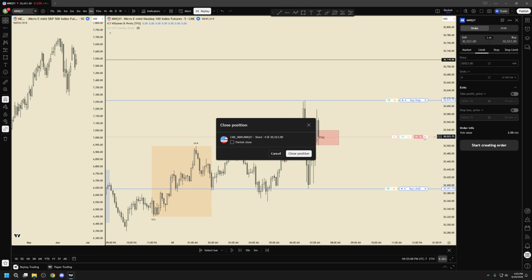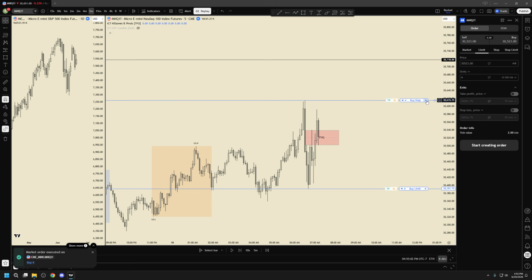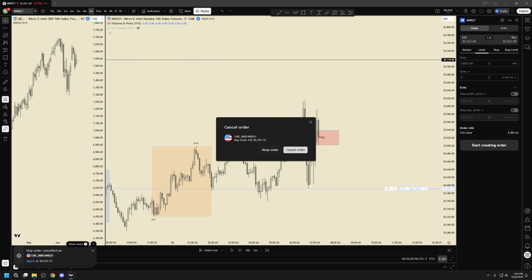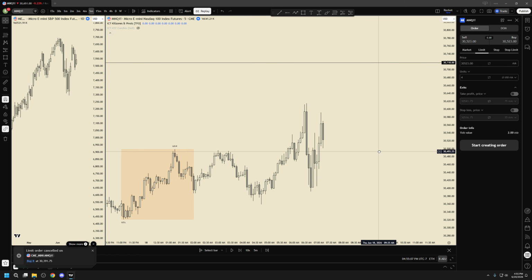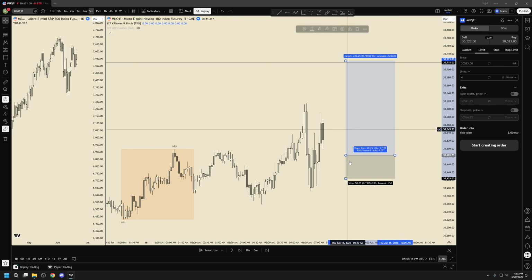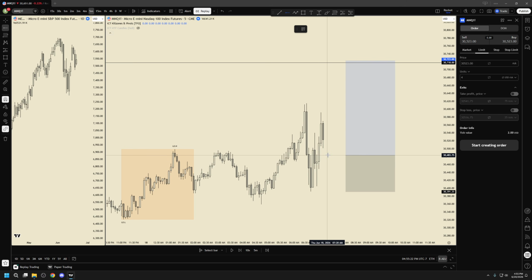Let's just say you want a limit order, which is not part of my strategy, but I'll just show you just in case you were curious. Limit order, let's just say that you had a price level in mind where once it hits that, you want to automatically get filled, right? So in this case, imagine that we're bullish down here, and let's just say you have a key level right here that you are waiting for price to get down into. So price is currently still trading down, but let's just say you want to get filled at this certain level